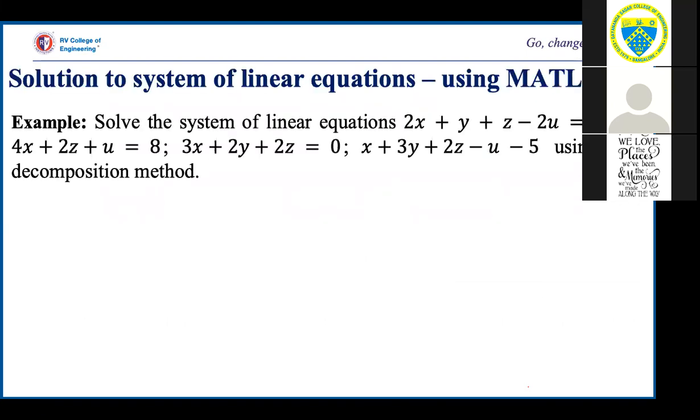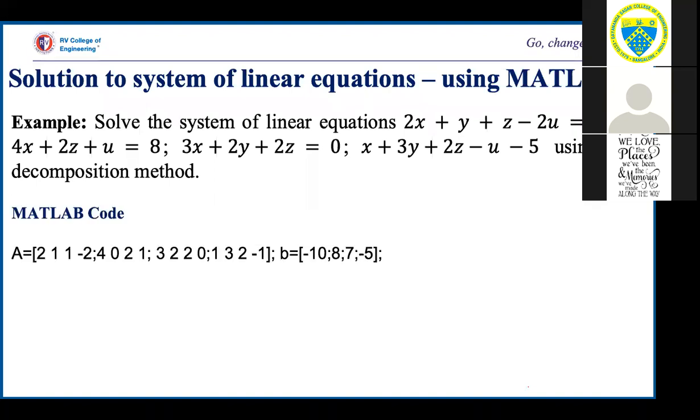So let us take up an example. You need to solve, this is a 4x4 system. If you have taught this method in the class, you know how difficult it is to obtain the elements of L and U for a 4x4 system. It is time consuming. So let's identify the matrix A. It's a 4x4 matrix. RHS, I am denoting it by B. Elements are